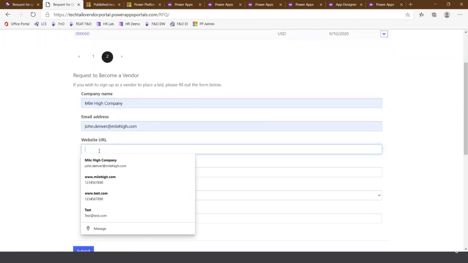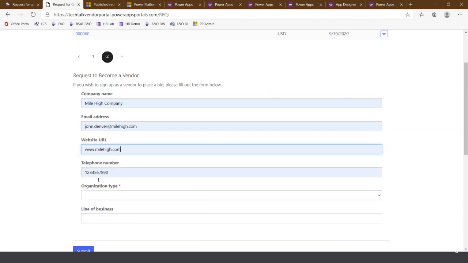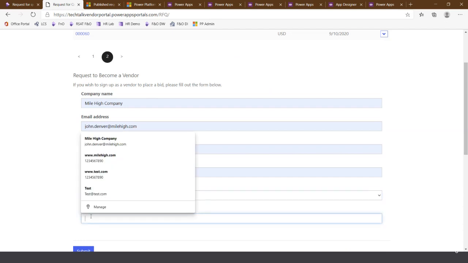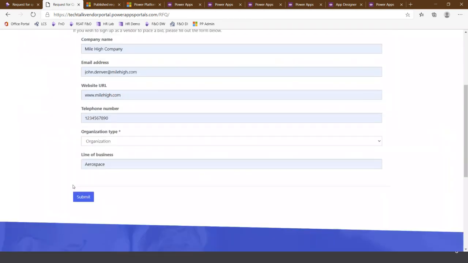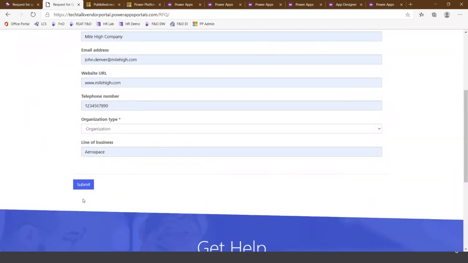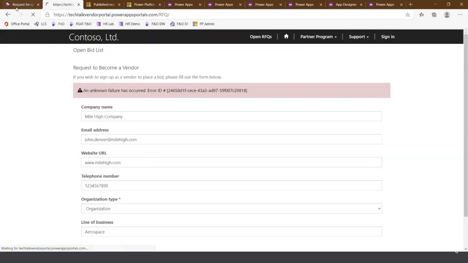I'm going to go ahead and create a request to become a vendor here and put in some details. I'm just creating my request to become a vendor, and when I'm ready, I can submit this. From a Powerapps portal standpoint, since this is a public-facing page, you could set up a CAPTCHA on this so that you don't get a bunch of hackers submitting random things on your site. So if I go ahead and submit this,